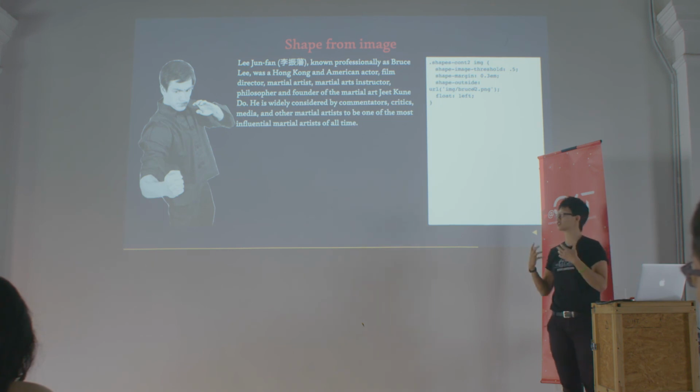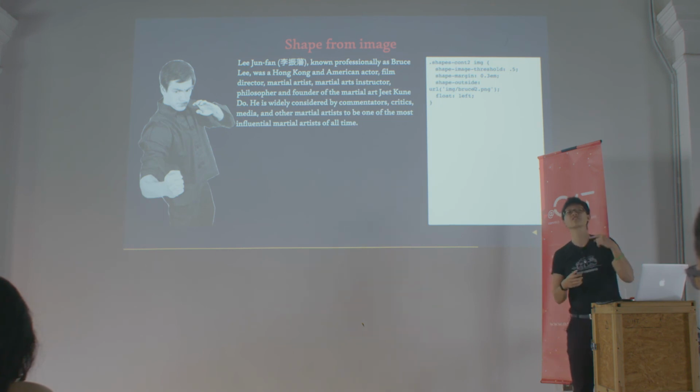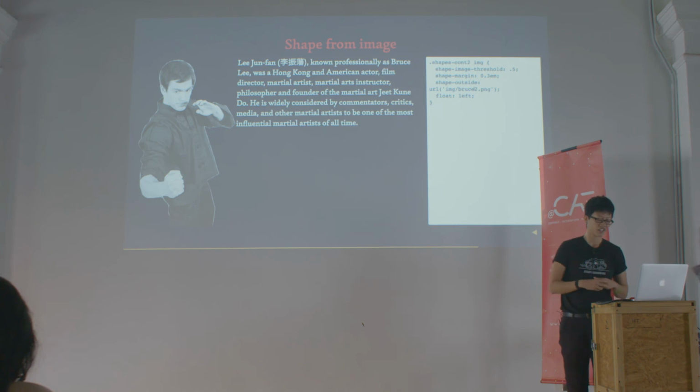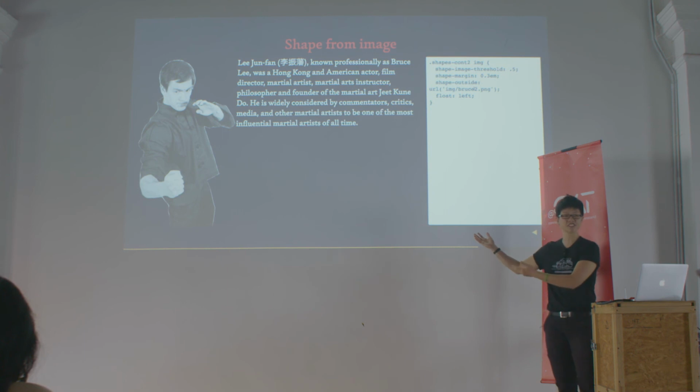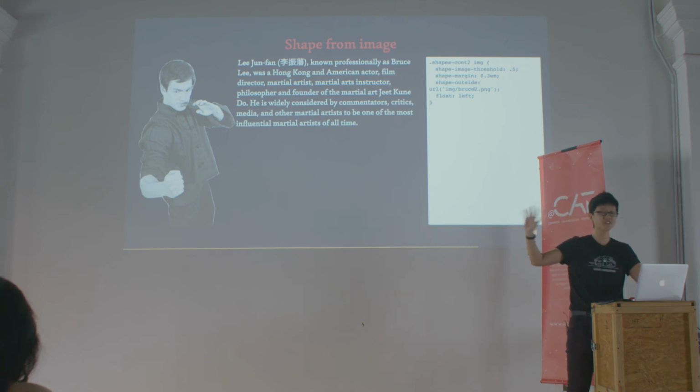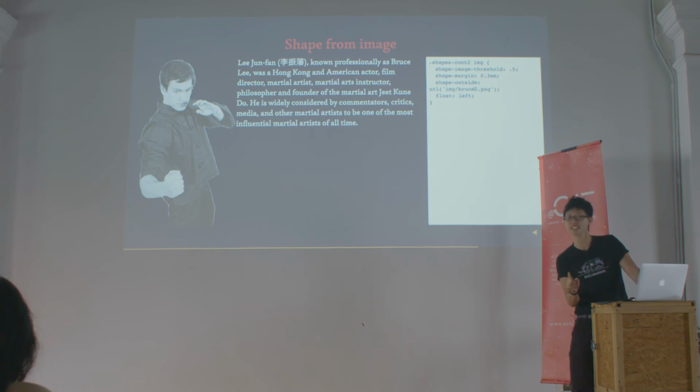So CSS shape outside is one of those properties that fails really well. If a browser doesn't support shape outside, it will just treat it as though you never applied the property at all. It doesn't break. For example, this. This is an example of CSS shapes failing well, because Firefox actually doesn't support CSS shapes yet. But if you check bug number 1040714 on the issue logs, you will notice that the Mozilla team is actually working on supporting this feature.